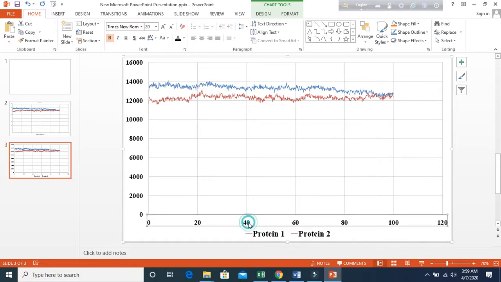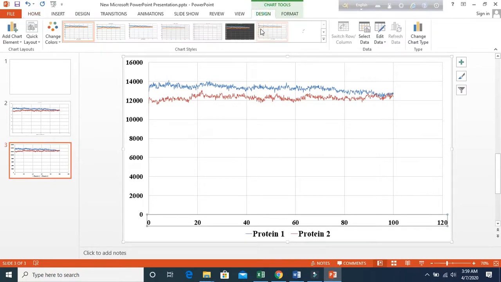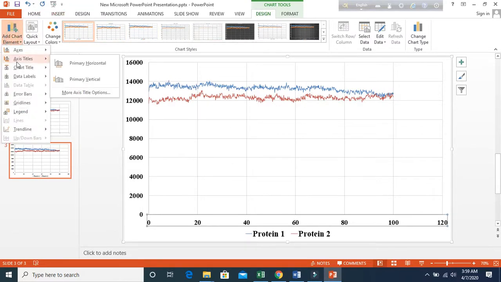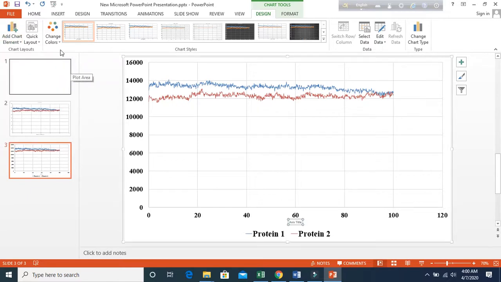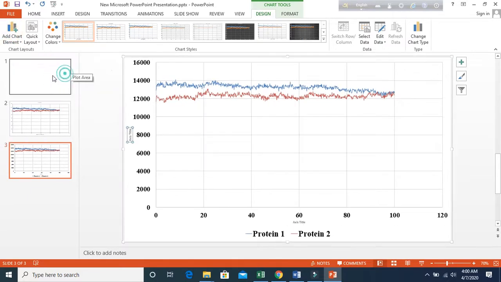We can do that. So what we will do is, if you see the upper portion, there is a section called Chart Tools. If you select the chart or graph, this entire section will appear, and you have to select Design. Now after selecting Design, we will go to Add Chart Elements. We will add x-axis title, and we will also add y-axis title. So in this case, x-axis is time, nanosecond, and